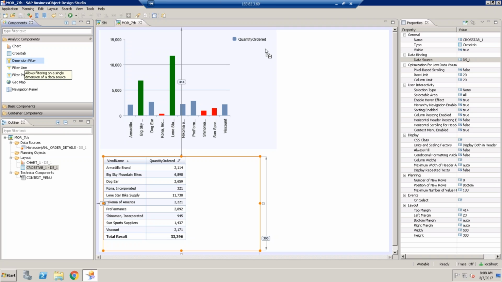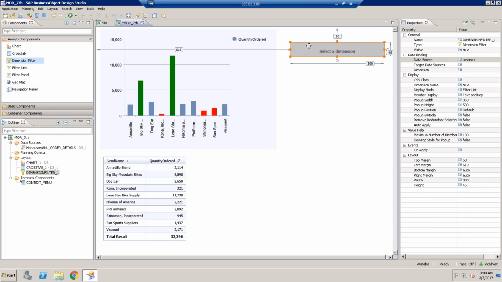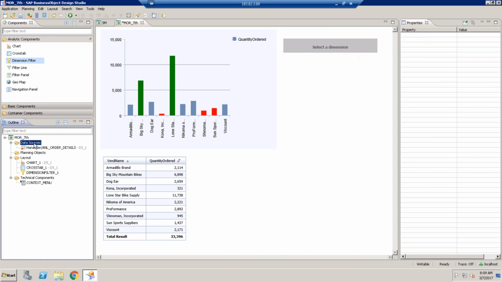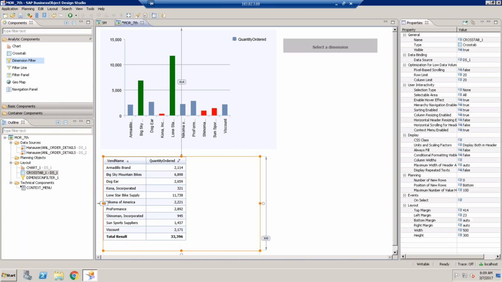Okay. Then we have this dimension filter. As the name itself suggests, the dimension filter is used to filter some of the dimension values. Whatever its name suggests is a little bit explanatory. Let's say I copy the data source,